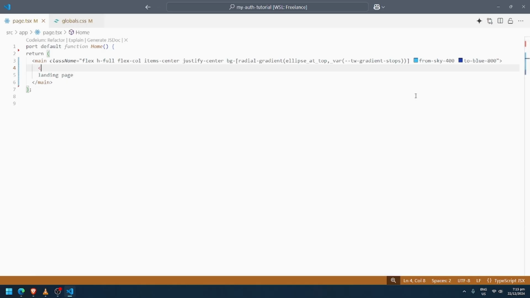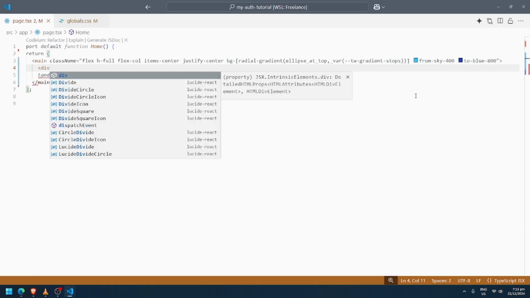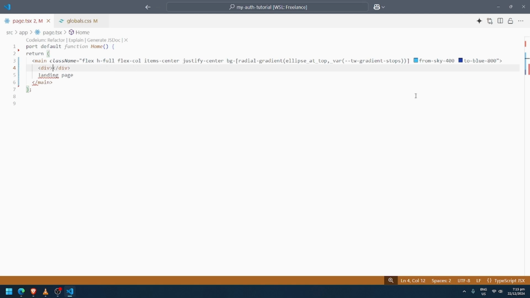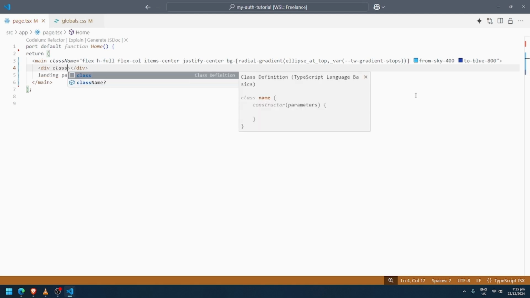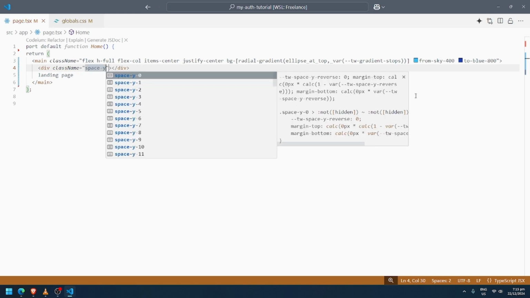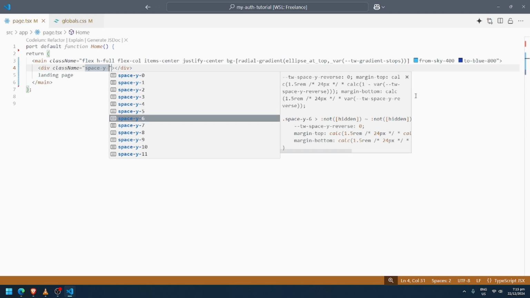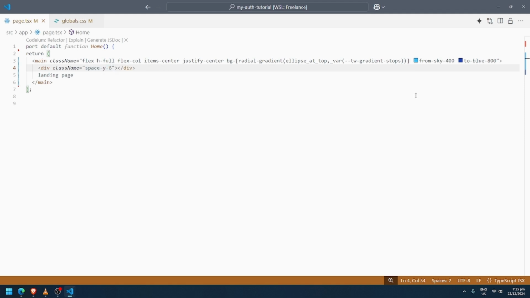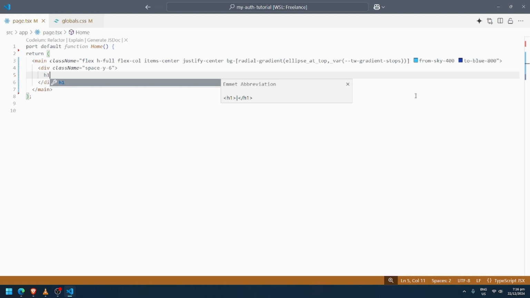Alright, and here let's add a div with a class name space-y. Let's choose this 6 here and let's move the landing page. Okay, let's erase that and then replace that with the h1 and type in out.